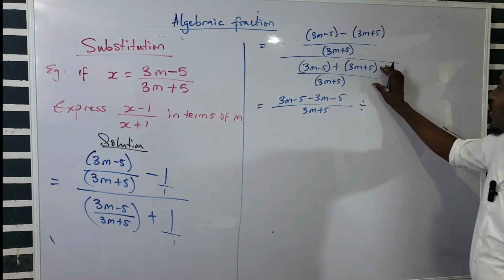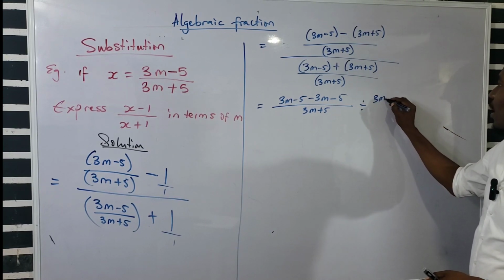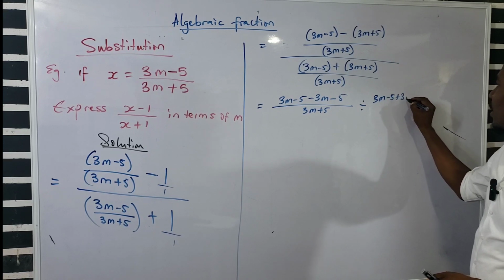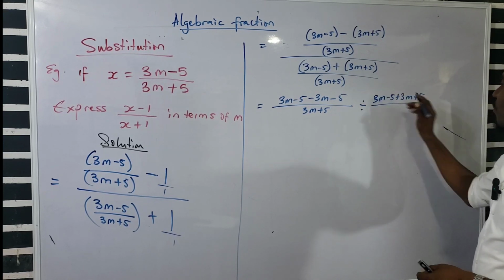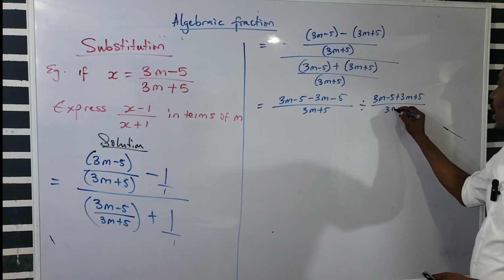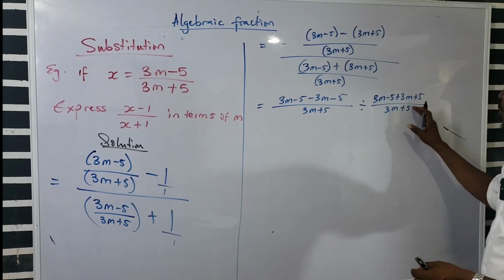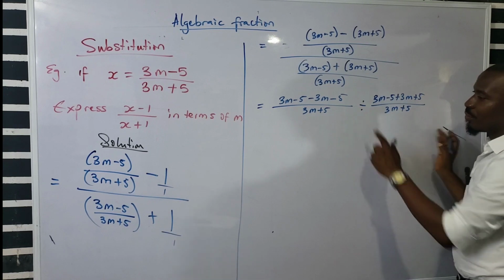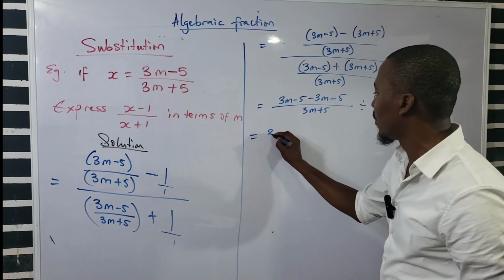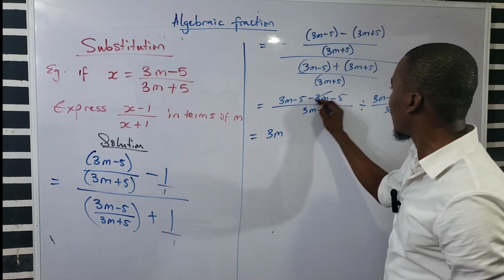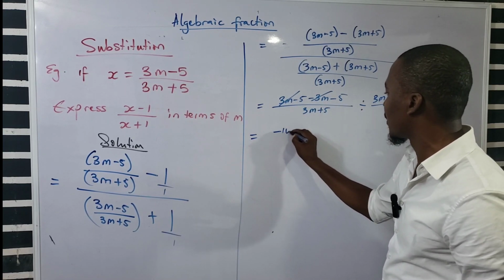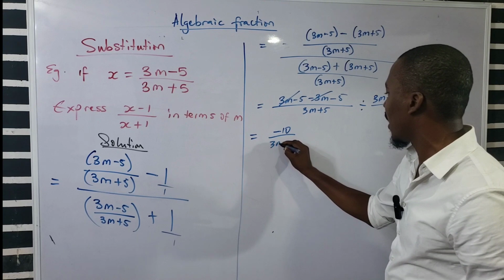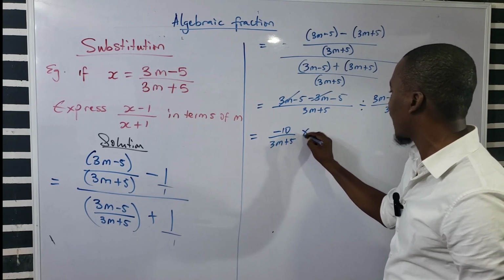Divide by, I'm taking this over as divide. So divide by, do the same thing here. 3m minus 5 plus 3m plus 5, I've opened this bracket, all over 3m plus 5. So you change this one to multiplication. So that will give you, 3m will go, minus 5 will give me minus 10 over 3m plus 5 times